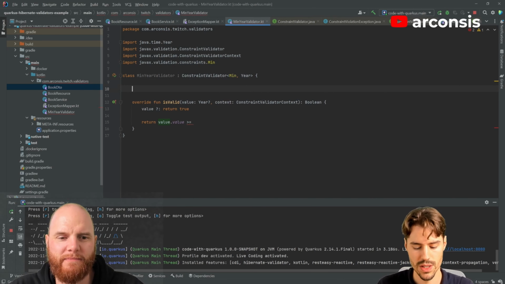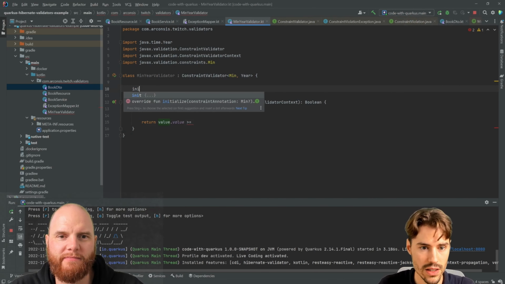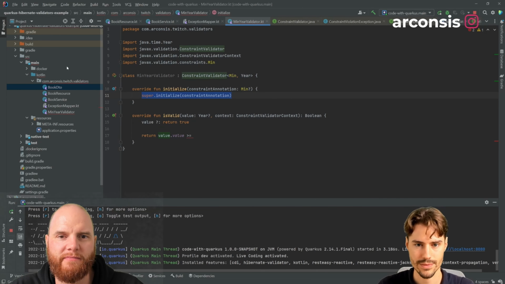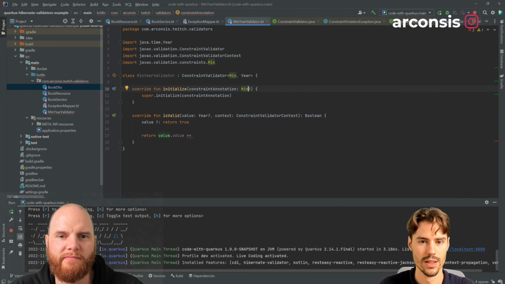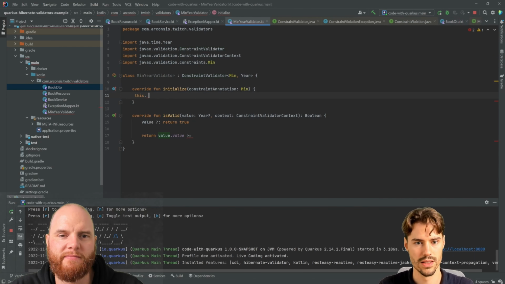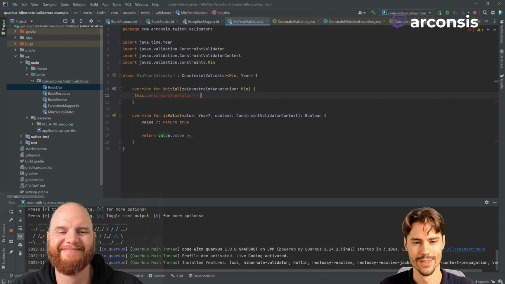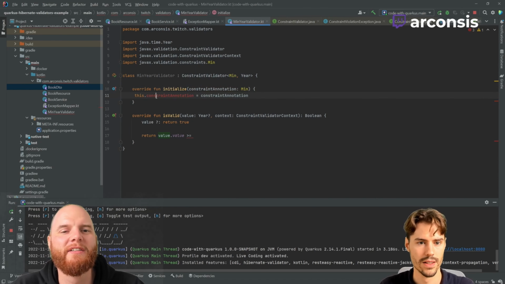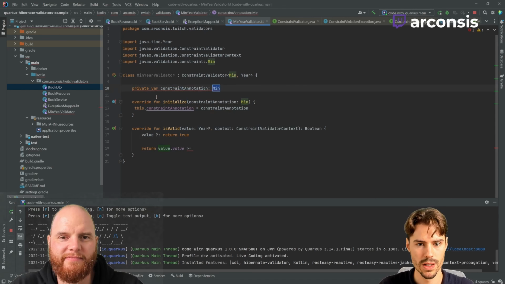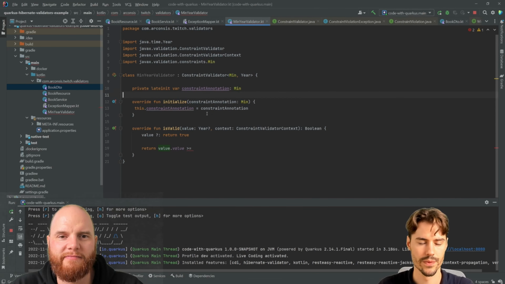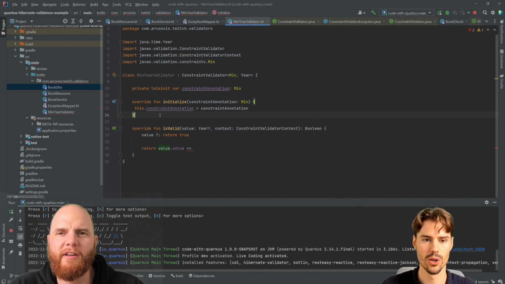But actually we can override an initialize function. And in here we get the annotation. So we just say this constraint equals this. We create this member and we say it's lateinit because this will be called on this side of